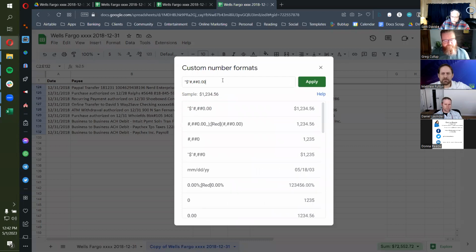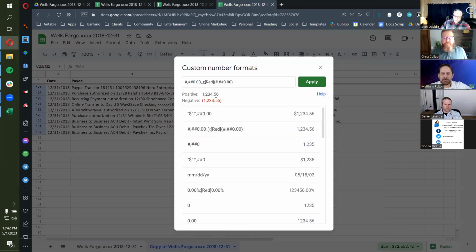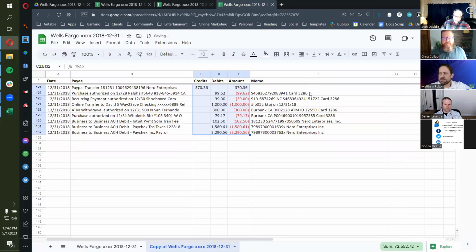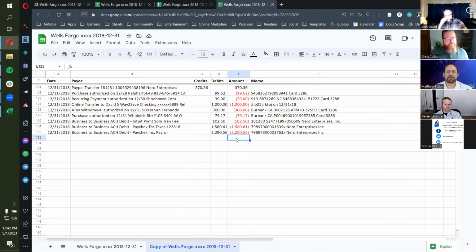So here you get the generic, just like you have in Excel, where I can say, hey, and down here I can just click on this so that it will show negative numbers in red and brackets, and hit apply and boom, now I've got that done, right? So again, now you've just seen the same process in both spreadsheets with the use case of quickly formatting a CSV download of a bank statement, okay?